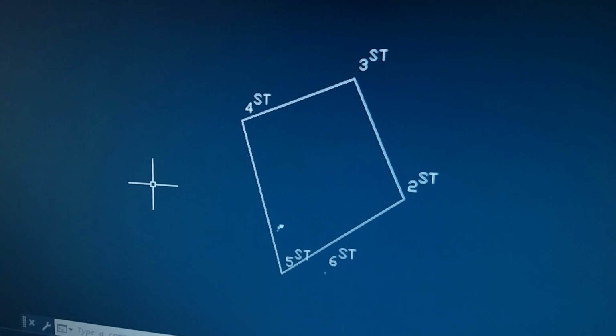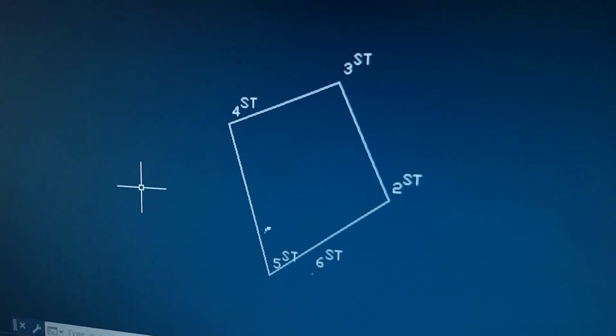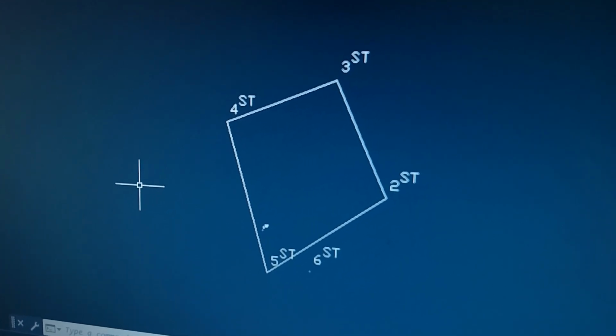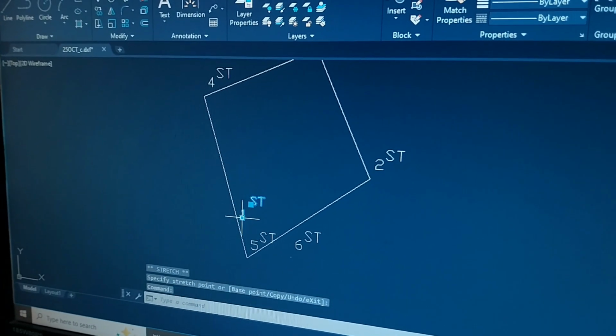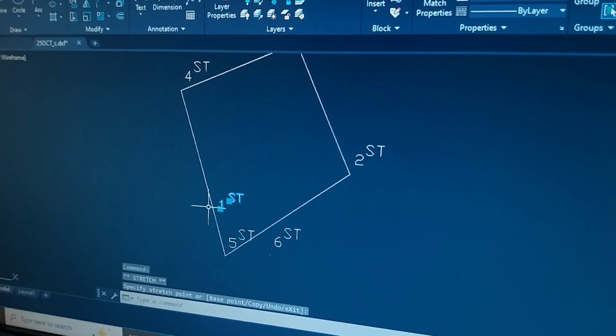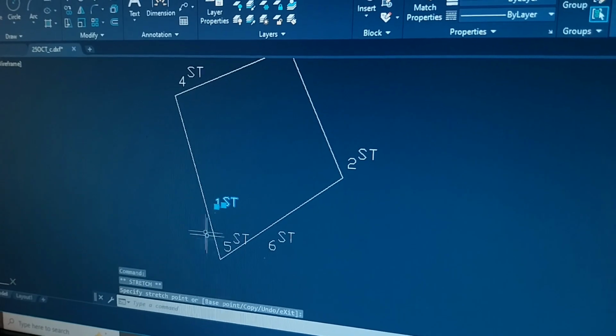Here we can see our plot. Our plot points are 2nd, 3rd, 4th and 5th. The first point is the station point and the 6th point is the last point, that is the BSP point.